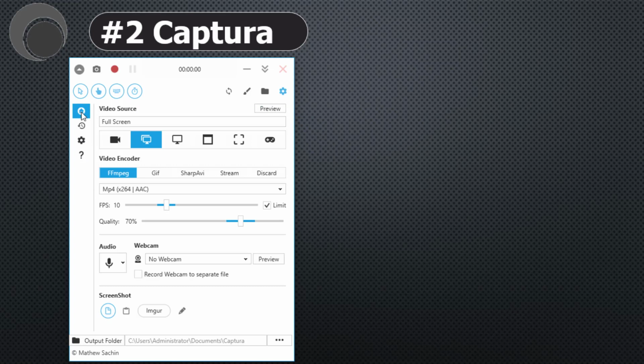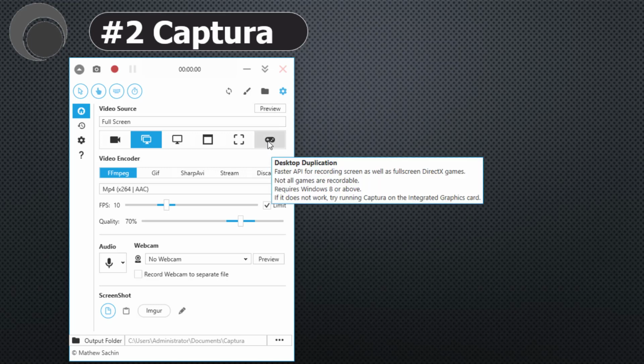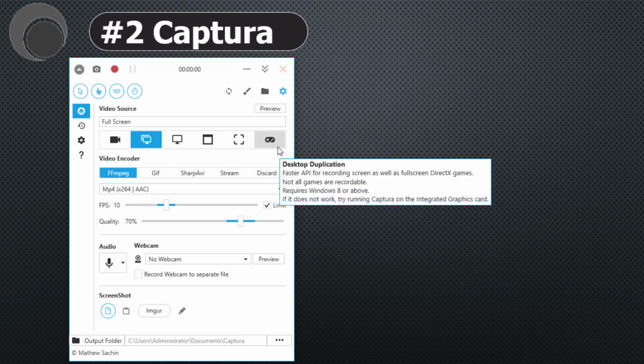Likewise, the left pane shows various commands. We are already on the home screen, so the source of video is to be selected from these options. If we want only audio to be recorded, we can set the first option. If we want the full screen to be recorded or captured, then we will use the second option. Similarly, if we want a particular region of the screen recorded, we will use the third option. A particular window can be recorded with the fourth option, a particular region can be selected with the fifth option, and if we want to record games, then we have to utilize this final option.